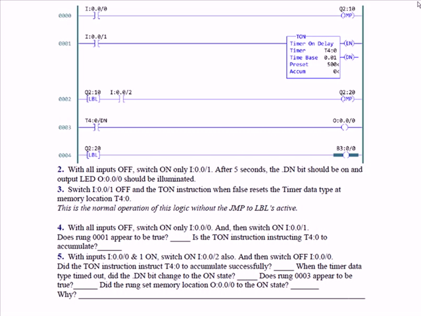So if we look at these 5 rungs, rung 0 through rung 4, in rung 0, if input 0 is on, that instruction is true. The output instruction, which is a jump instruction, says to jump to label 10. Now the Q2 is put in there automatically. All you had to do was enter the actual label of 10. Q2 means that it's a jump, and